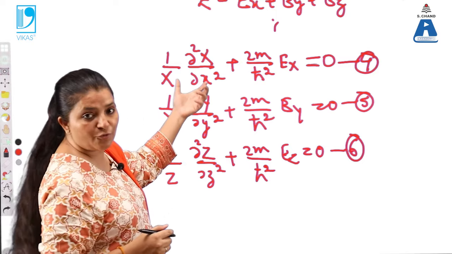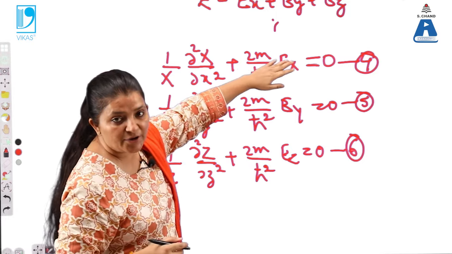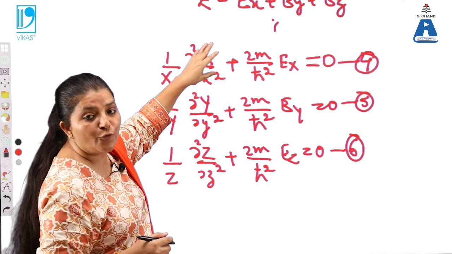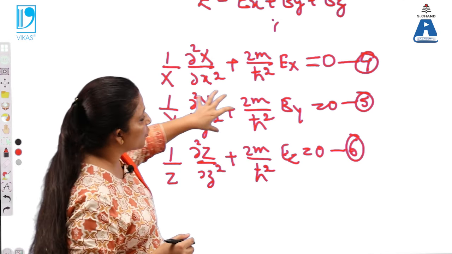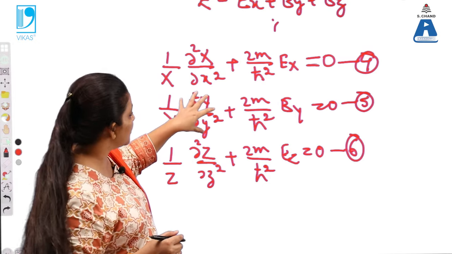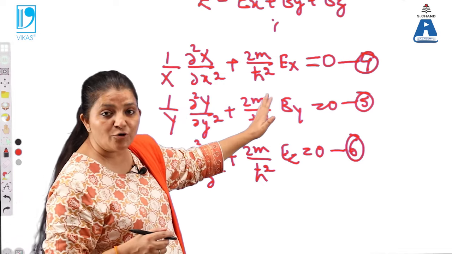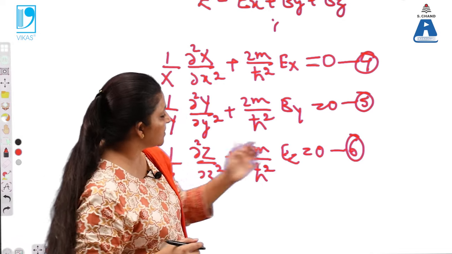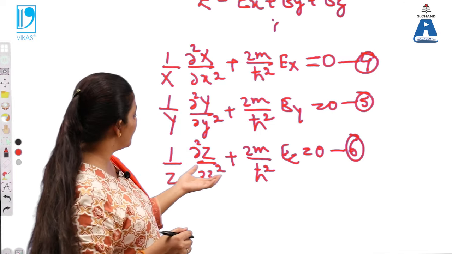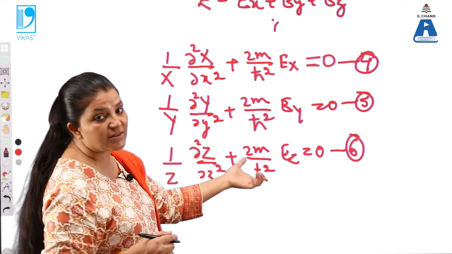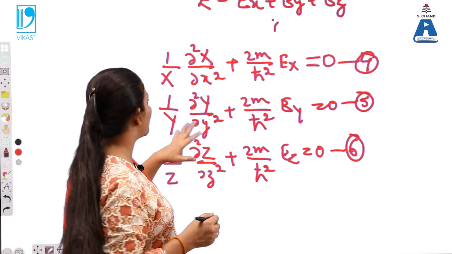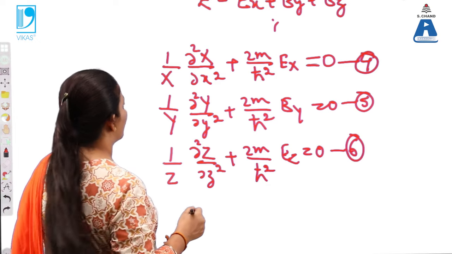Now, the equation number 4 depends only on the x component. So, this partial derivative of x can be replaced by the full derivative of x. Again, equation number 5 contains only the y component. So, here the partial derivative of y can be replaced with the full derivative of y. Similarly, the 6th equation contains only the z component. So, the partial derivative of z can be replaced by the full derivative of z. So, now we have to solve these 4, 5 and 6 equations. So, these equations will become